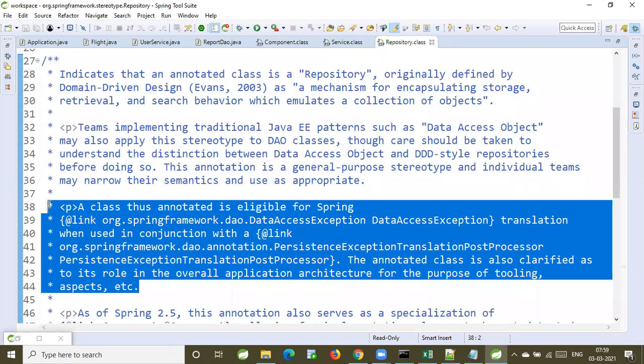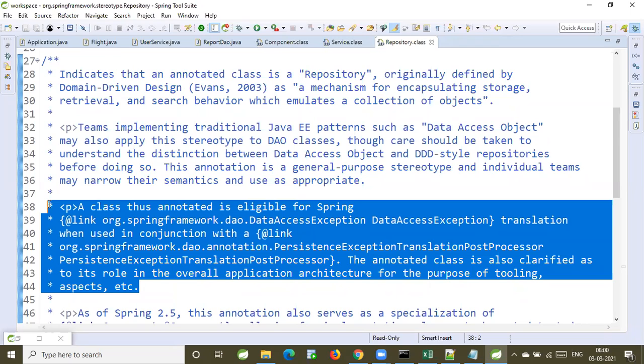Sir, what is the difference between service and repository here? Sir, the service class we will use for the business layer, but that doesn't deal with any exception translation. Whereas the repository annotation we use for persistence layer components, which deal with exceptions. So for persistence purposes, means database related things only, we use repository. So for exception purposes, which annotation do we have to use?